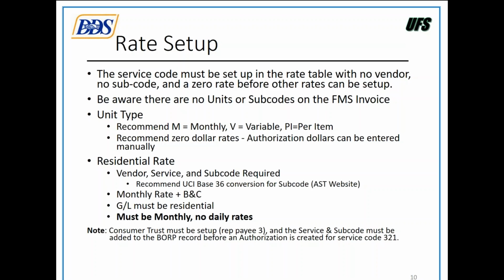While the FMS vendor won't be inputting this on the invoice, the system is going to identify it on the consumer's authorization. We developed a conversion for UCIs that basically will allocate numbers and letters, and then that'll equal the consumer's UCI. So that is something you can do, or you can choose some other options for subcode setup